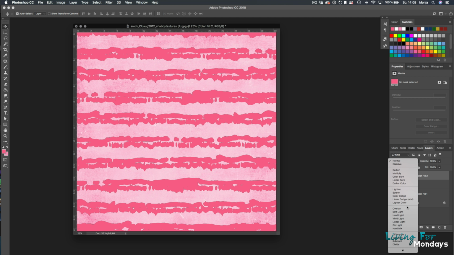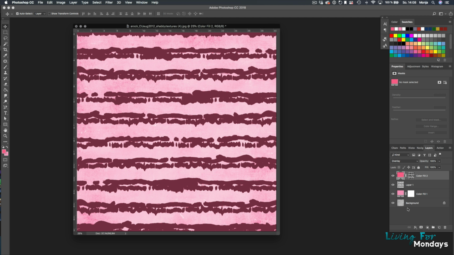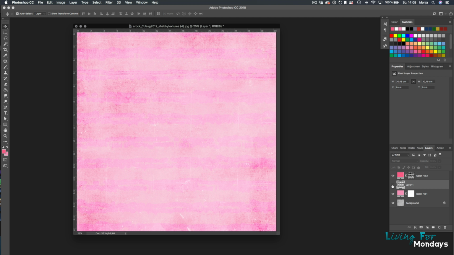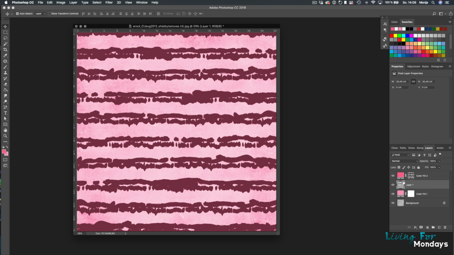So often, as I said, this overlay is working pretty well. But of course, you can choose something else here. This is now pretty dark because this layer thing is pretty dark as well. So what I can do now is I can select that